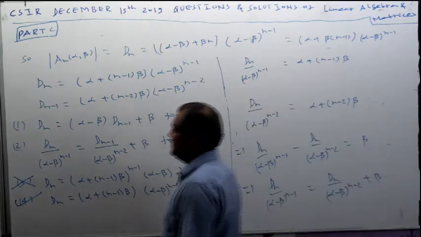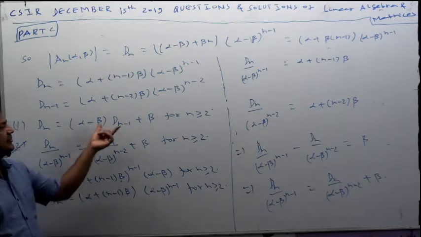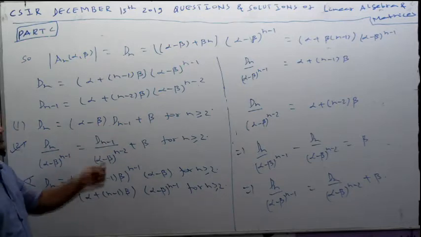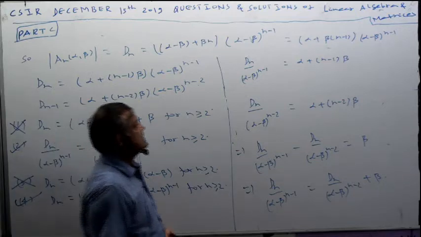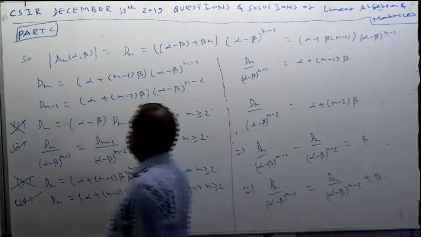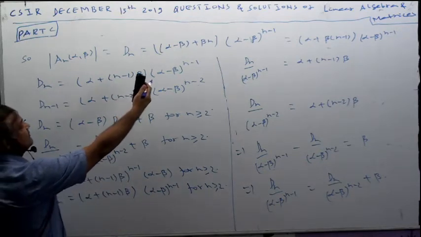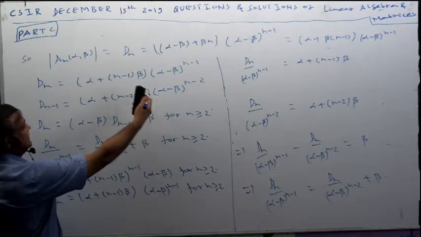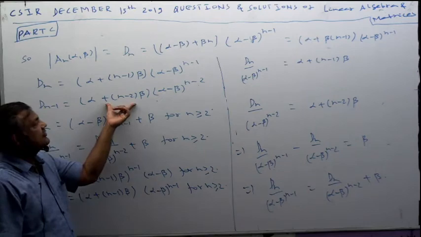So this is your option number 2. But dn equal to alpha minus beta times of this plus beta, that is totally false, because this will be placed in between. So this is incorrect, this is correct. Or if you are in tensile, then no problem. You can do dn minus alpha minus 1 times of dn minus 1. If I multiply this by alpha minus beta, this by this and subtract, then do you know what will happen? You are going to get this much thing in between as common.